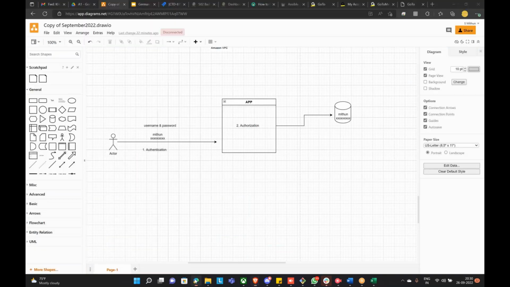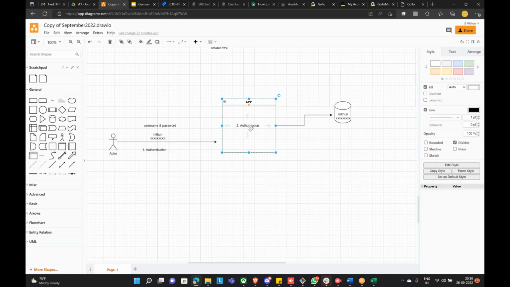Now I will come back to the diagram here. So this is authorization. This user is now inside the application, and the application is the AWS console. Because his username and password are correct, I'm inside. Bob is inside now, but he does not have permission. So how to give permission? By policy. We will attach a policy to the user,